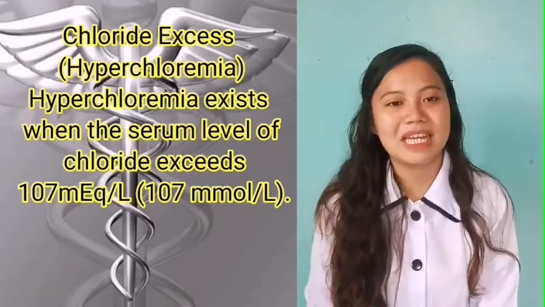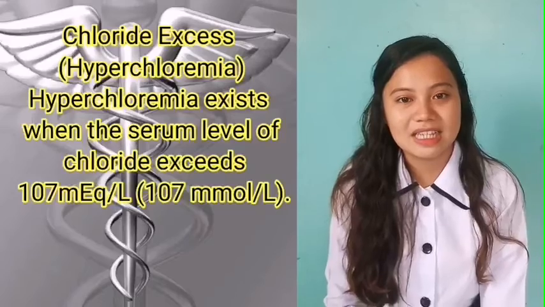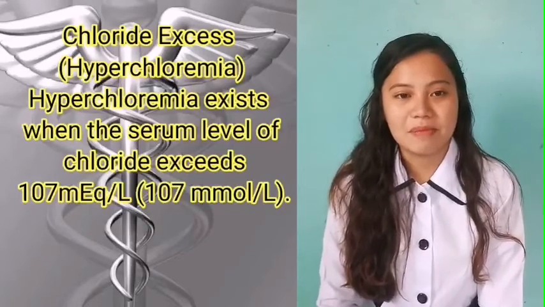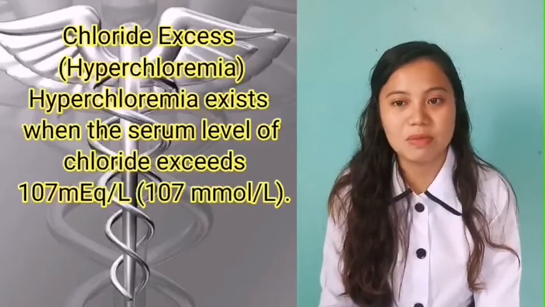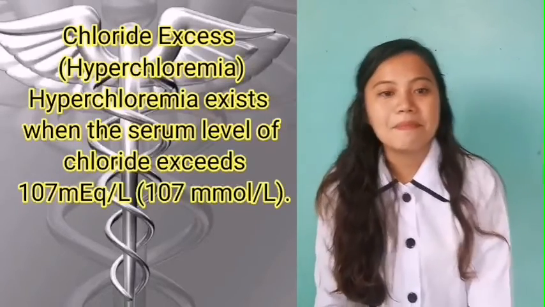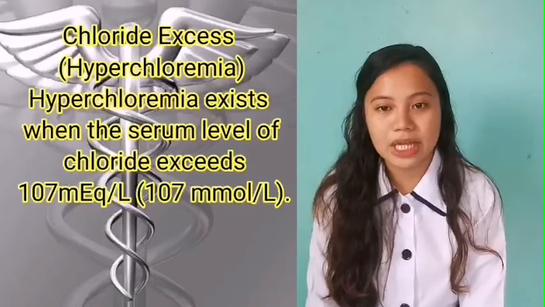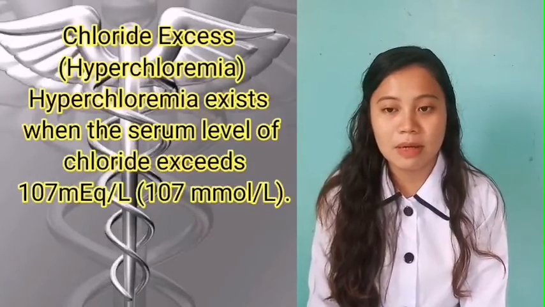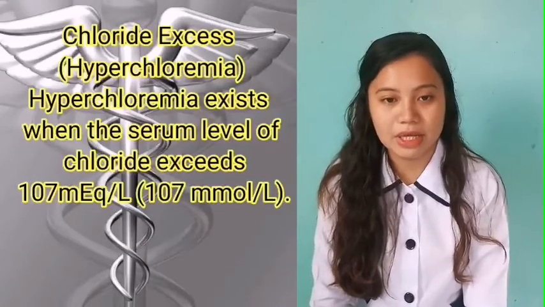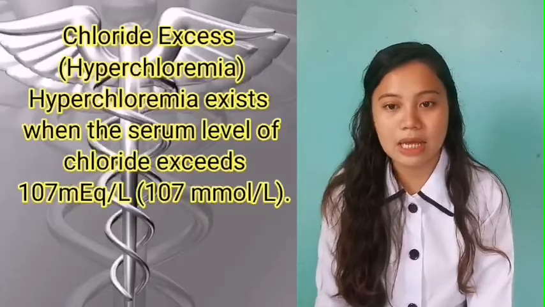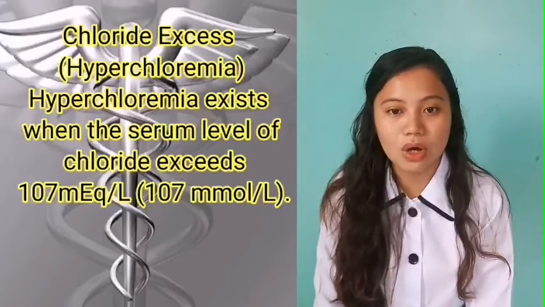To explain the last part, the chloride excess, hyperchloremia. Hyperchloremia exists when the serum level of chloride is elevated. Hypernatremia, bicarbonate loss, and metabolic acidosis can occur with high chloride levels. High serum chloride levels are almost exclusively a result of